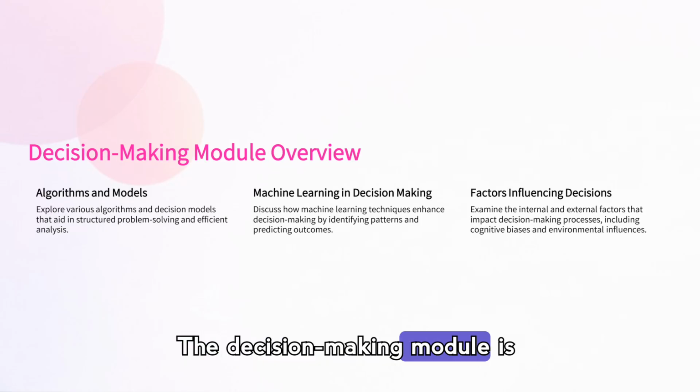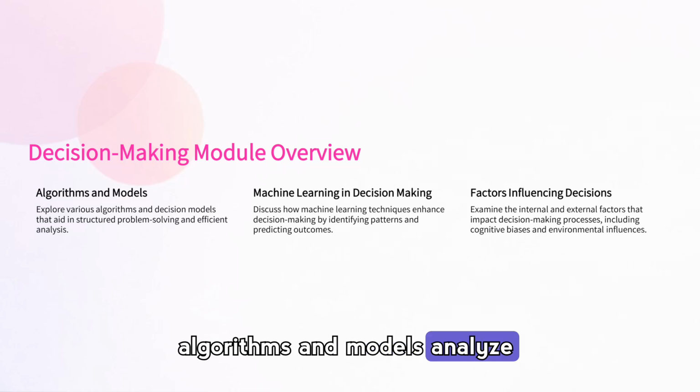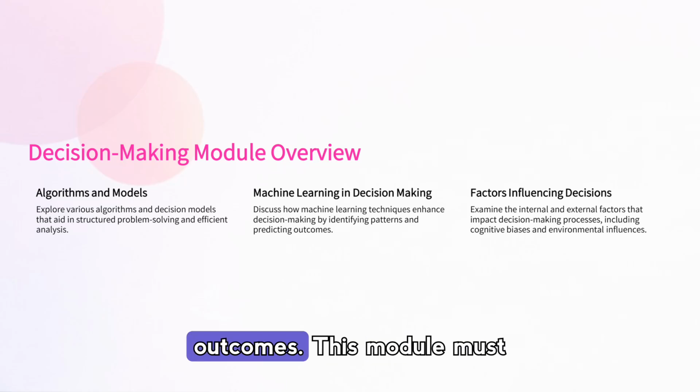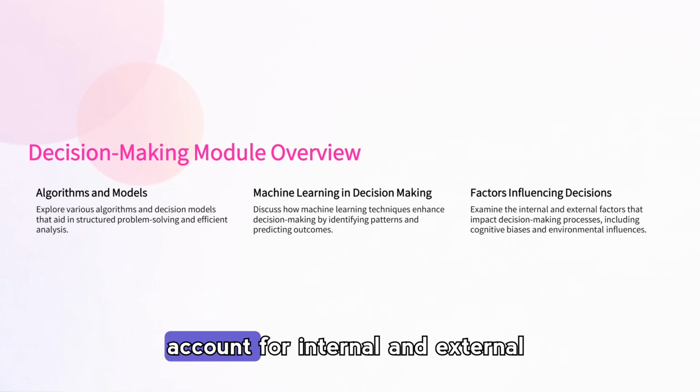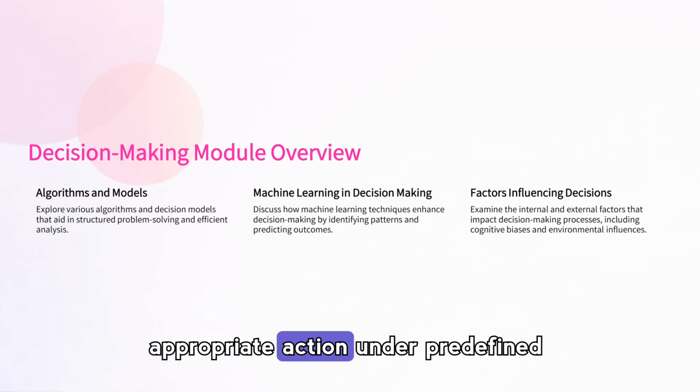The decision-making module is where information becomes choice. Algorithms and models analyze perceived data, guided by machine learning to spot patterns and predict outcomes. This module must account for internal and external factors, including bias and uncertainty, to select the most appropriate action under